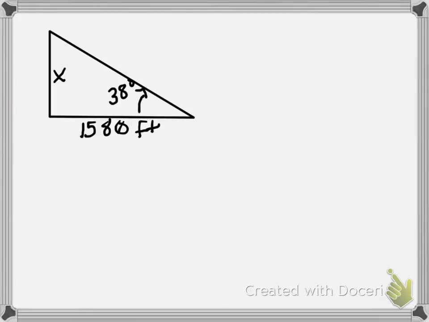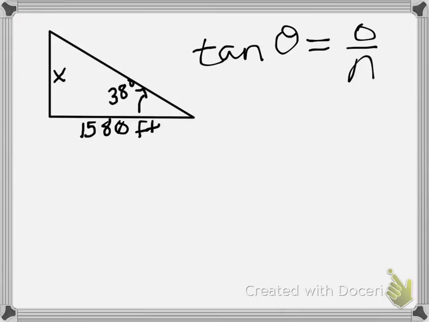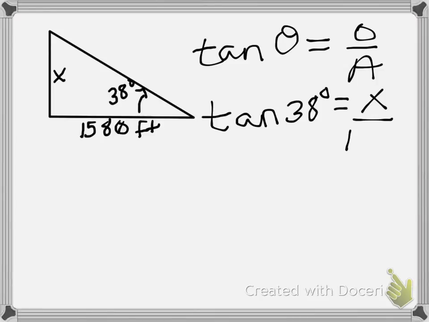So what I'm going to do is redraw my triangle that's been created. No, it's not to scale, but it gives me an idea of what my picture looks like. I know that I'm going to use tangent, and tangent of an angle theta is opposite over adjacent. So in this case, I'm going to fill in what I know. I know that tangent of 38 degrees is going to be some length x divided by